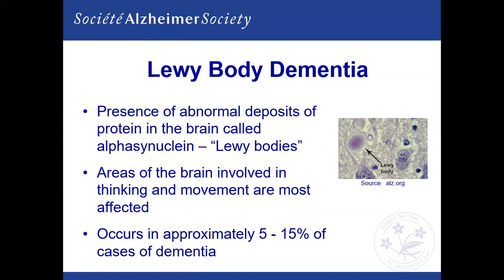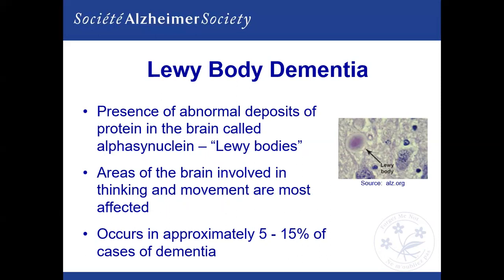Lewy body dementia can occur on its own, by itself, but it can also occur together with Alzheimer's disease. And sometimes it can also occur with Parkinson's disease. A person with Lewy body dementia may experience several symptoms. Many of the symptoms that come to mind when we're thinking of dementia, like progressive memory loss and problems with language, reasoning and higher order thinking skills, mental functioning such as calculations, but also it can result in depression and anxiety. It can result in visual spatial problems, and a lot of care partners report that they see